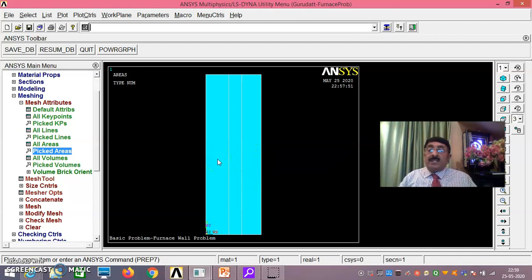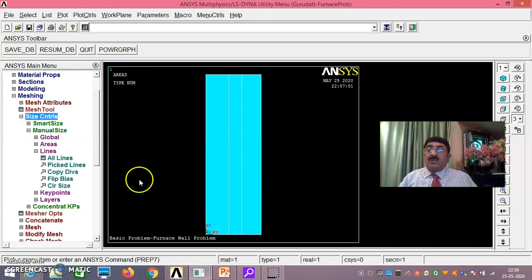That means in this mesh attributes, there is no single material here, there are 3 materials. I have clearly assigned this as material number 1, that is thermal conductivity of 1.2, this has 0.14, this has 0.85. I have already given these under material properties. First one I had fed 1.2, next one 0.14, 0.85: material number 1, material number 2, material 3. Now you go for size controls, for meshing. Now it is just a geometric model. Unless it is converted into a finite element model, you can't analyze or process this problem for the exact answers.